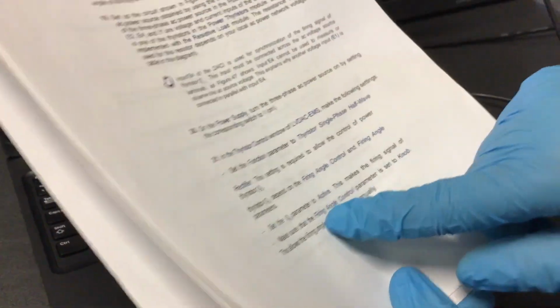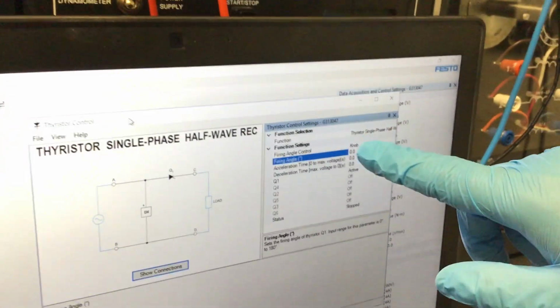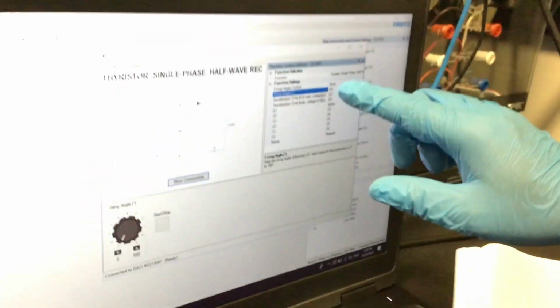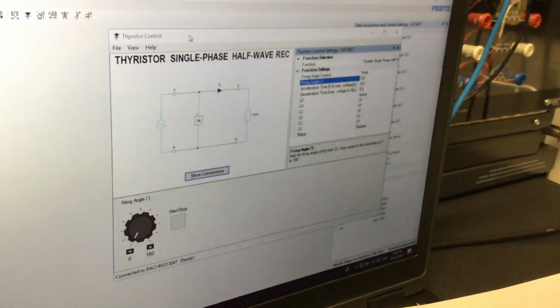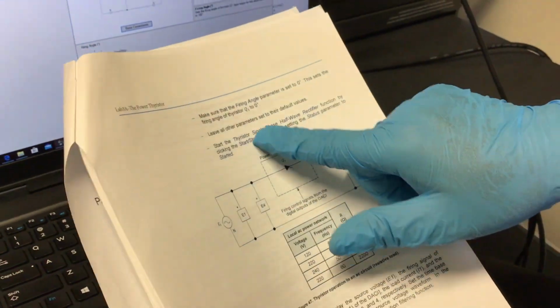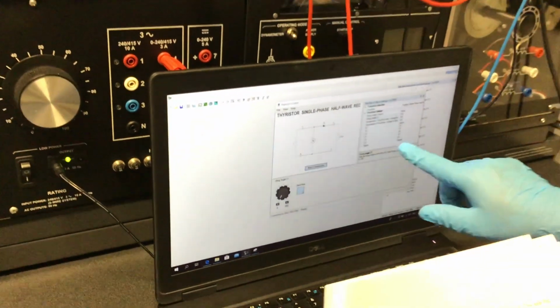Then the firing control should be knob. The firing angle should be 0. You can see it is 0. Now we need to press the start button to run the thyristor. Now it has started.